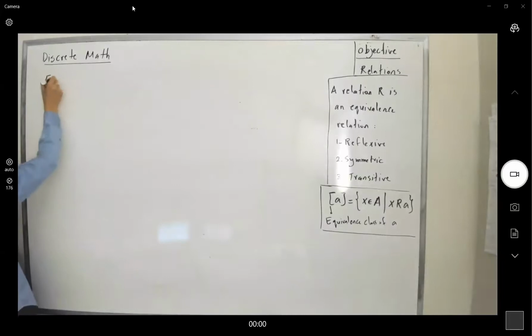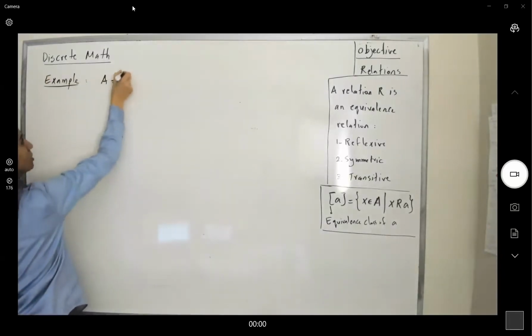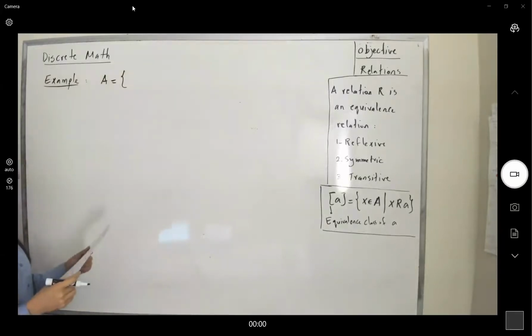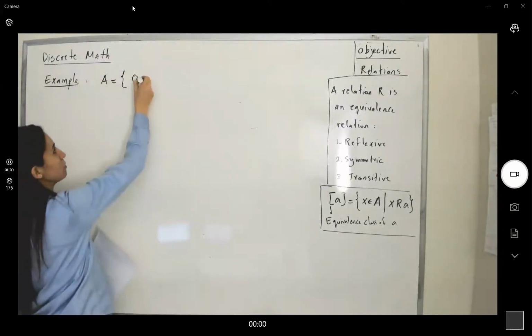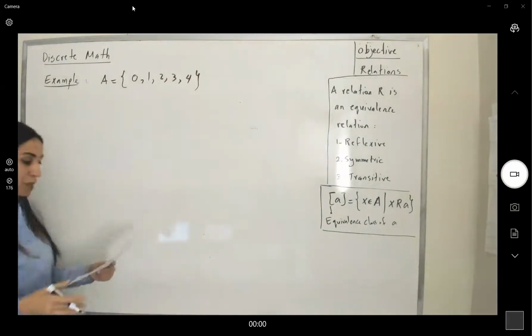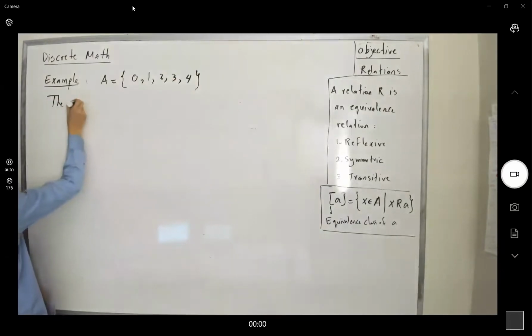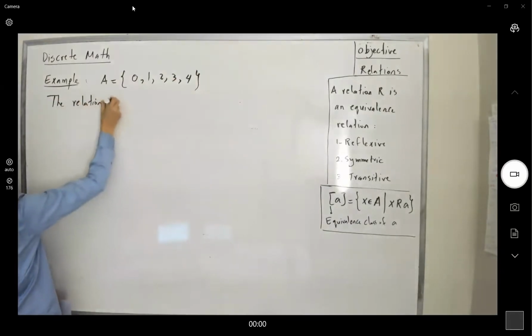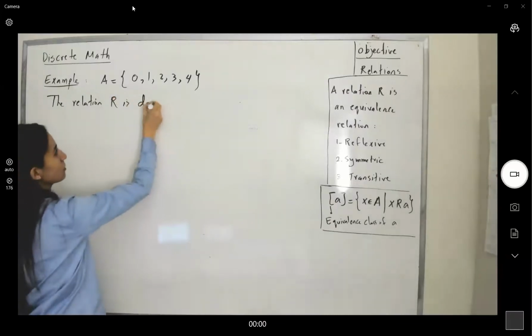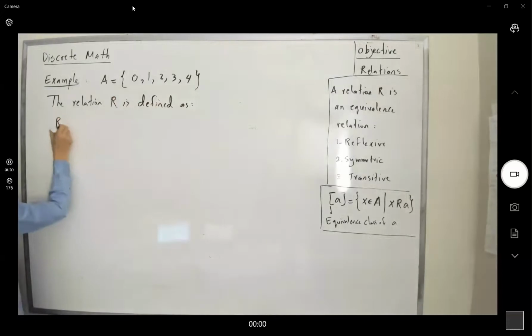Example. In this example, the set is given as A equals {0, 1, 2, 3, 4}. We have a set. We define a relation this way. The relation R is defined as R equals: